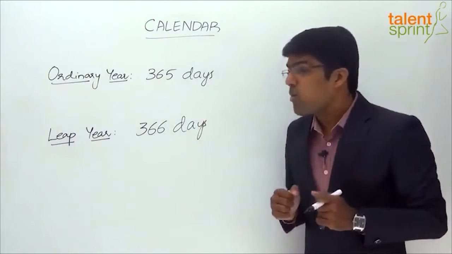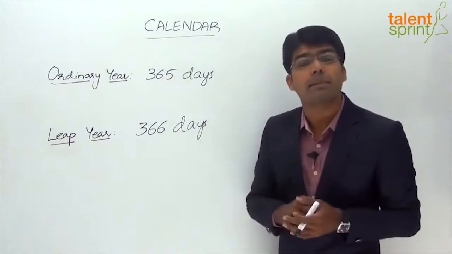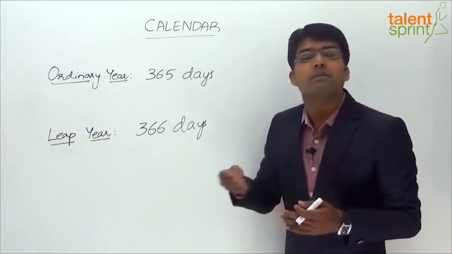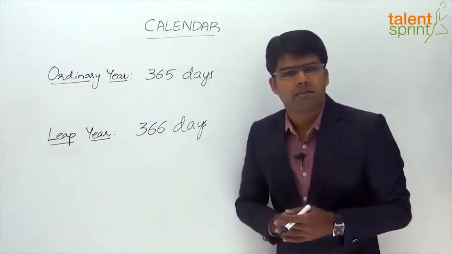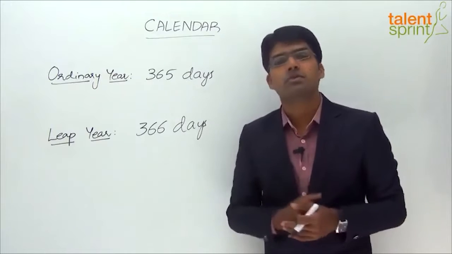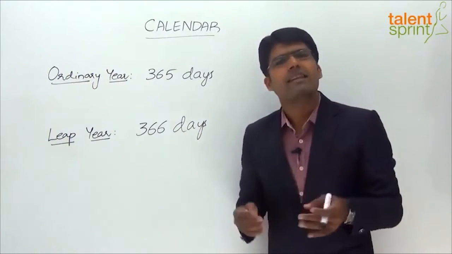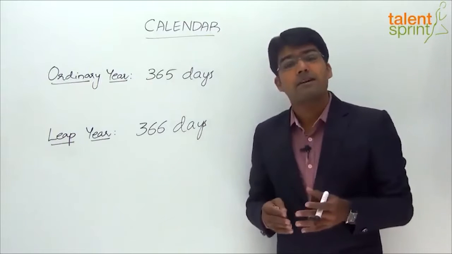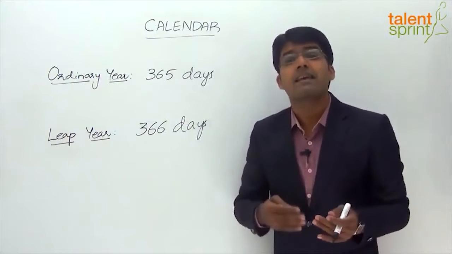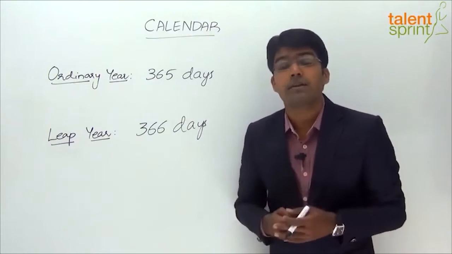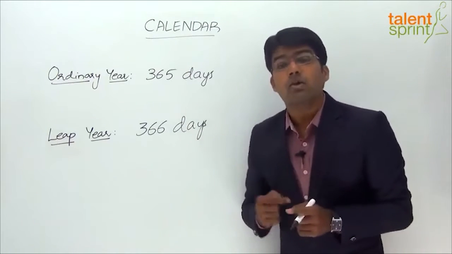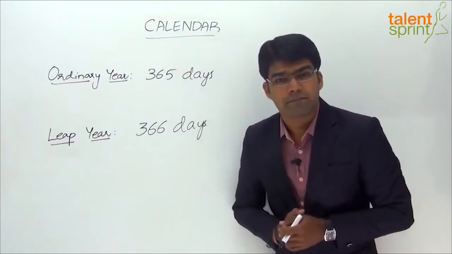Let us now understand what is the need for a leap year. Why does it so happen that we have one extra day in a leap year, which occurs every 4 years? The reason that we have a leap year which occurs every 4 years is to keep our calendar in alignment with the Earth's revolution around the Sun. Earth takes 365 days, 5 hours, 48 minutes and 46 seconds, which is approximately 365 days and 6 hours. Or we can also equate it to 365 complete days and 1/4 of a day. So this is the time required by the Earth to complete one circle around the Sun.